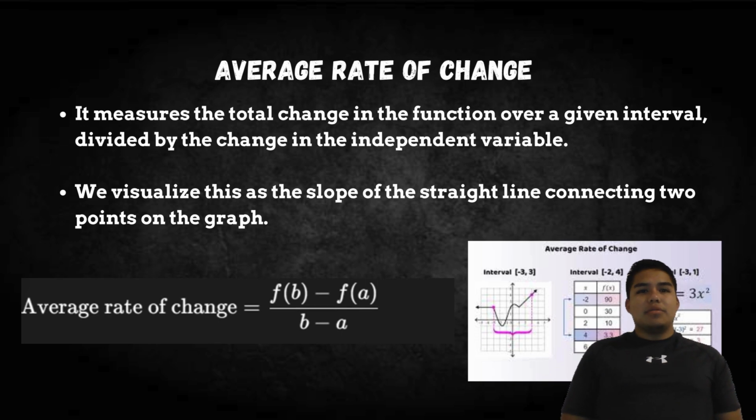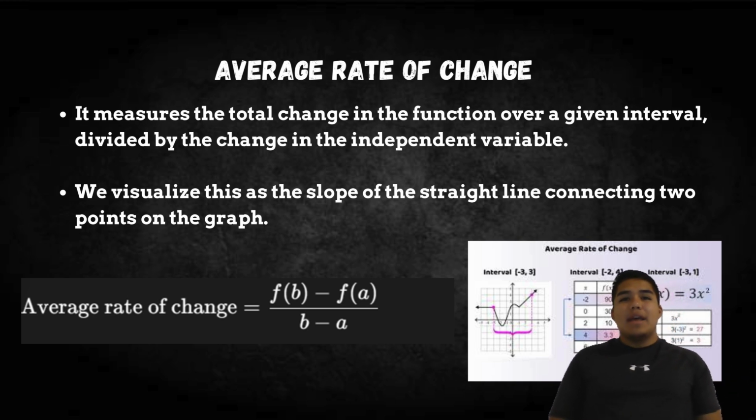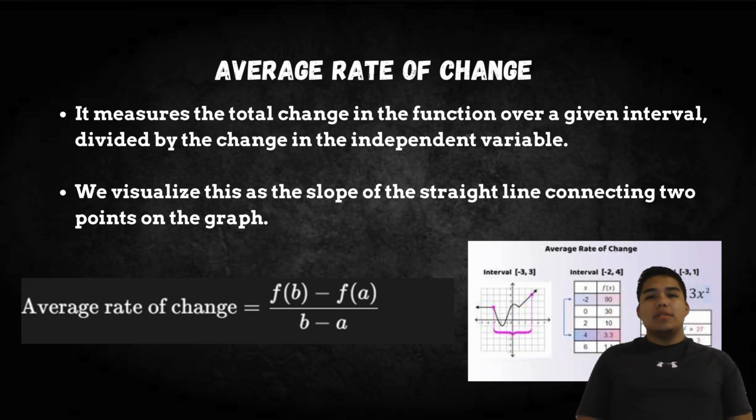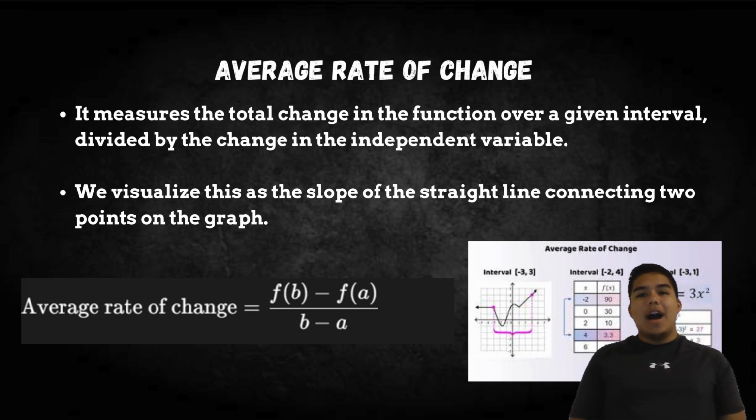Average rate of change. Now let's talk about the average rate of change. The average rate of change measures the total change in the function over a certain interval divided by the change in the independent variable. This gives us an overall measure of how the function behaves between 2 points. We can visualize this as the slope of the straight line connecting 2 points on a graph. The formula